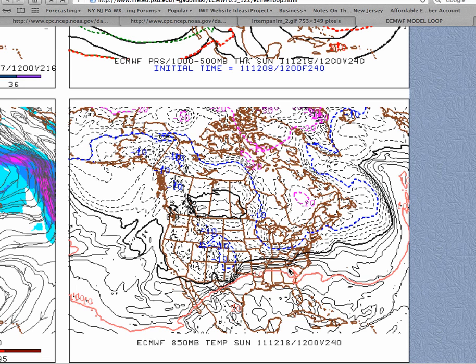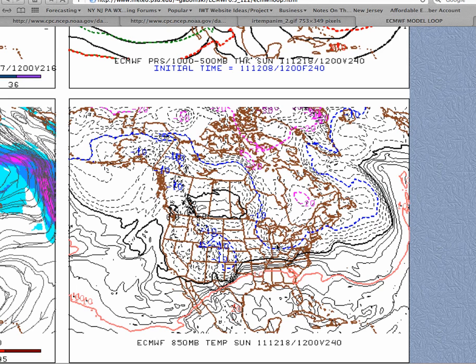Now look, I know it's 240 hours out on the European model guidance, but I want to make this very clear. This pattern would be supported based on the observations we are seeing now in the weather pattern: the falling QBO, the development of convection around the dateline, the development of the negative EPO pattern. All of these are signs in our weather pattern that we're heading in the direction that the European model guidance is showing tonight.